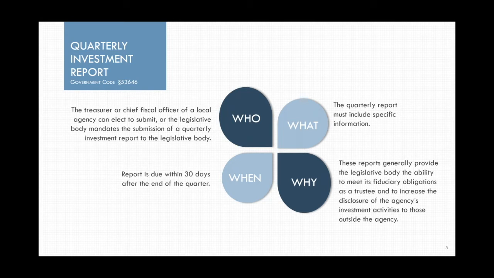Quarterly reports should reflect the current positions and past performance of a portfolio of investments for the period of time covered by the report. This report must be submitted to the governing board at a public meeting within 30 days after the end of the quarter. The code does not specify if the report is an action or informational item at that public meeting. It is important to note that statute does allow for the governing body to elect to receive this report on a monthly basis rather than quarterly, and often it is submitted combined with the monthly transactions report.